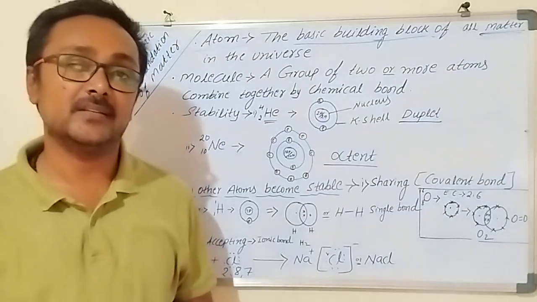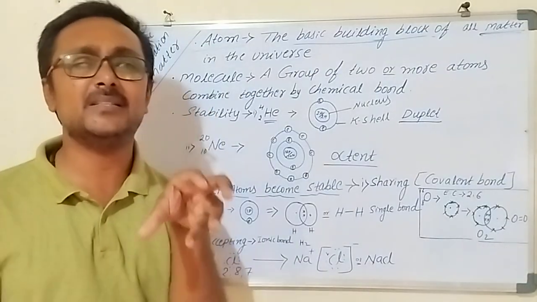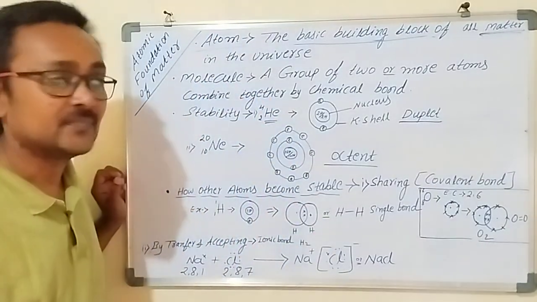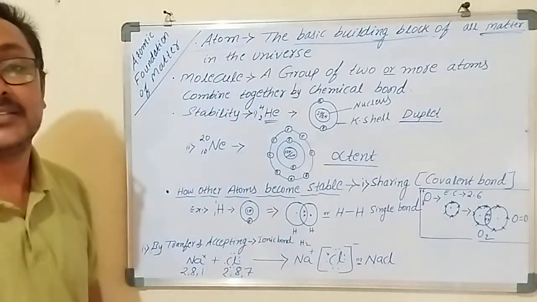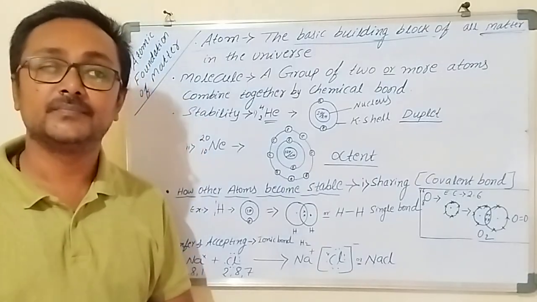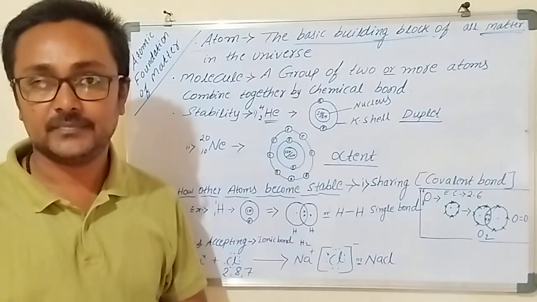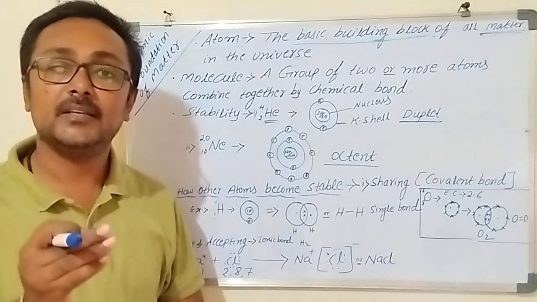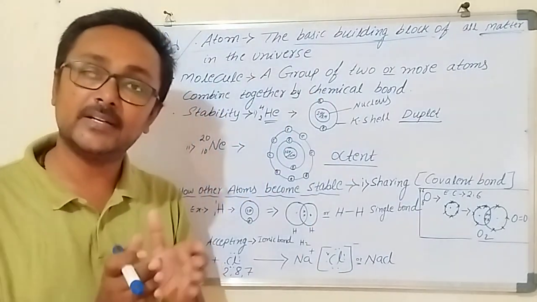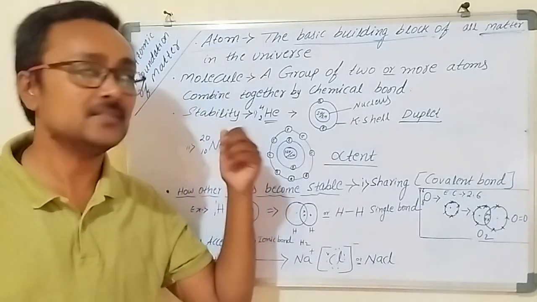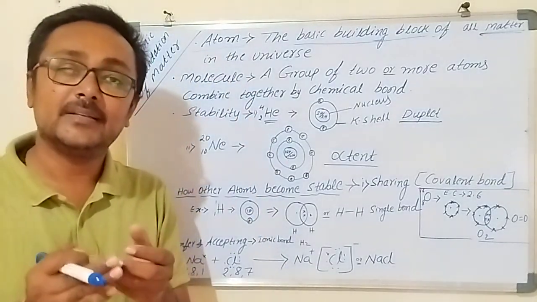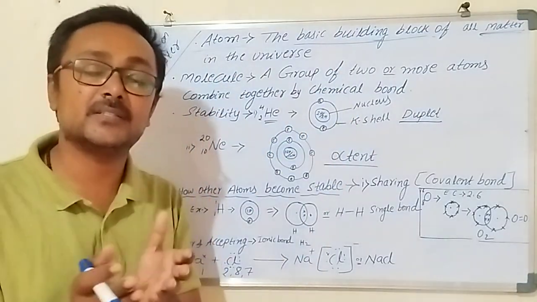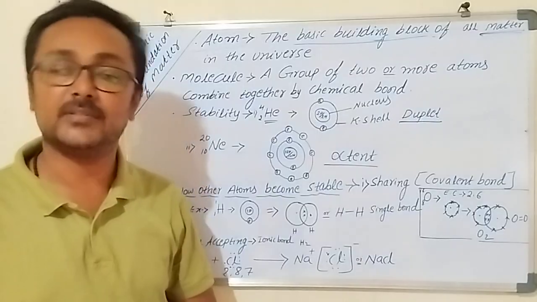What is the meaning of basic building block? In the sense, all matter is made up of something basic, a tiny unit. That tiny unit only we can consider as an atom. And this atom was first introduced by an Indian philosopher. His name is Maharshi Kanada. He gave the same definition, but he called it Paramanu. Paramanu in the sense atom only. But who coined the atom definition first? The Greek philosophers, the names that will come are Democritus and Leucippus.